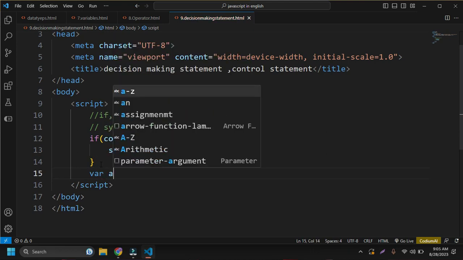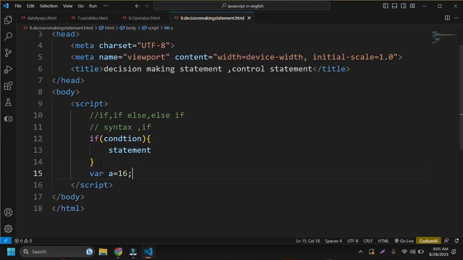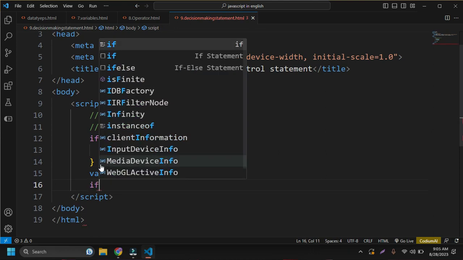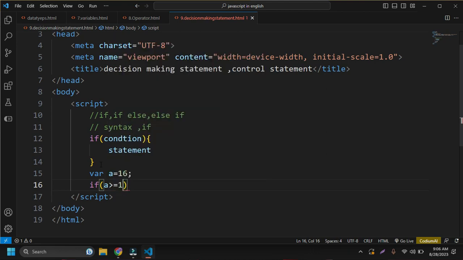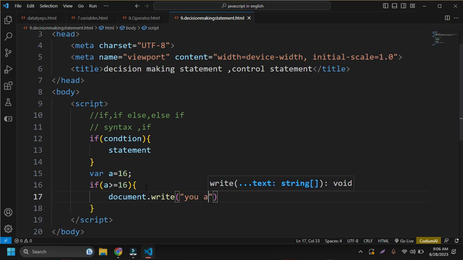Let's create one variable a equal to 16, and I'm putting the semicolon also here. This is not compulsory. And I'm making here the if statement. If a is greater than or equal to 16, then I'll write one statement, document.write, and I'll give one message here: You are eligible for citizenship,